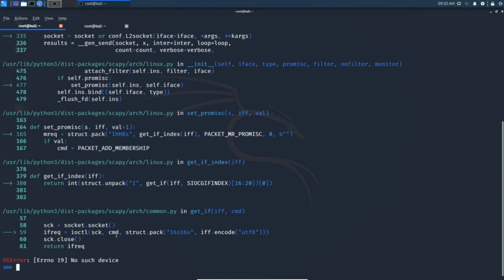Oh, no such device. Okay, error number 19, no such device. My PC is not currently supporting Ethernet, and I have not turned on that Ethernet interface for this virtual machine, so it gave us an error.